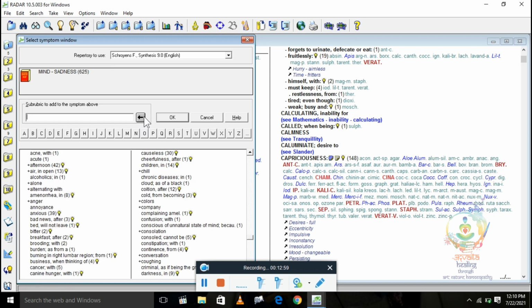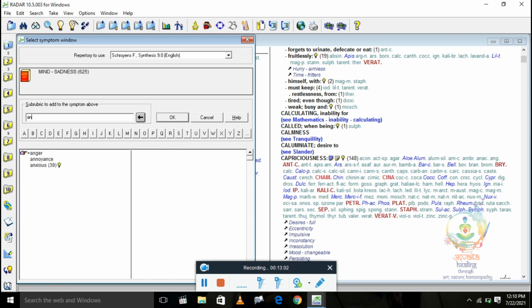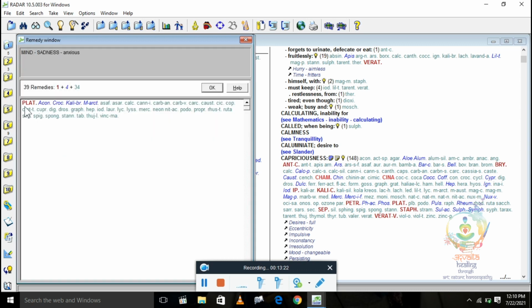But now see, if you don't want to record the anxious rubric and you just want to see which remedies are in the rubric anxious, here you can see 39 is written in this rubric. These are 39 remedies in that particular rubric. So you can just double click on it and you can see which remedies are there in this particular rubric, mind, sadness, anxious. Okay, like that.